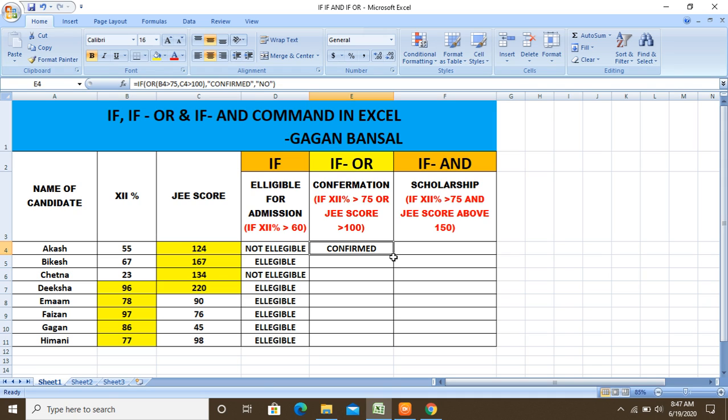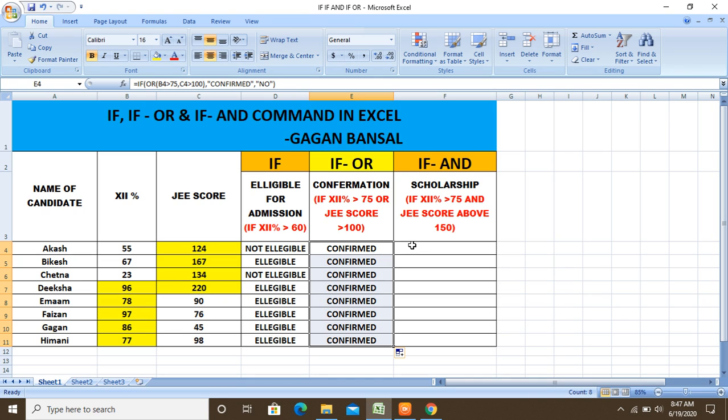Then we will drag the same till bottom. You can see that all the cases are confirmed. As you can see, either the student has more than 100 GATE score or his 12th percentage is greater than 75.